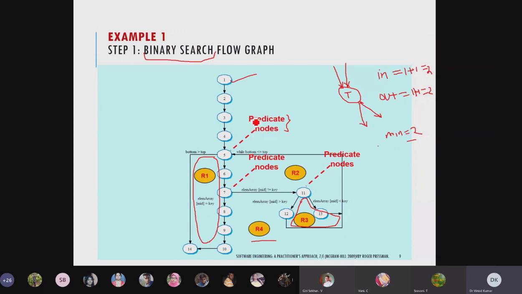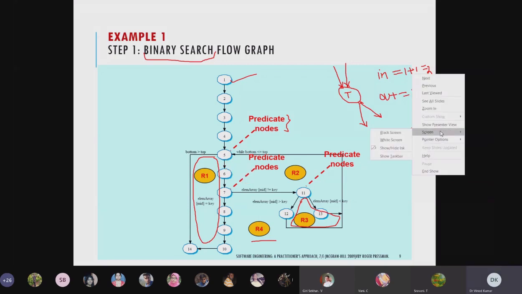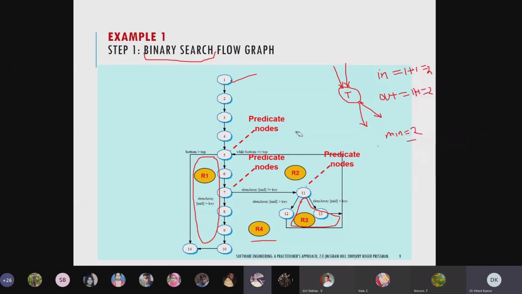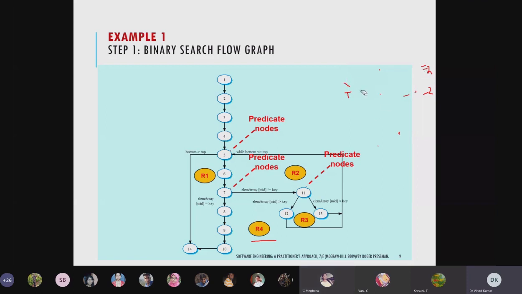Okay, so in this graph, how many predicates do we have? You can see this is one predicate. Why is it a predicate? Can anybody tell why we call this one a predicate? It has 2 out degrees, sir. Yeah, the out degree of this node is a minimum of 2.